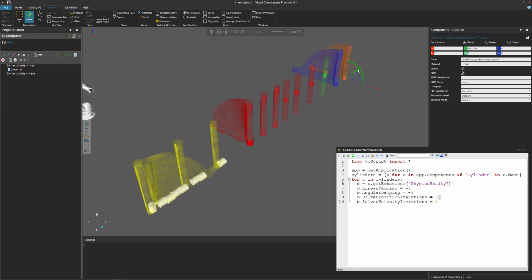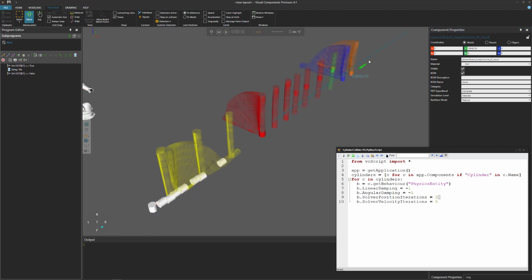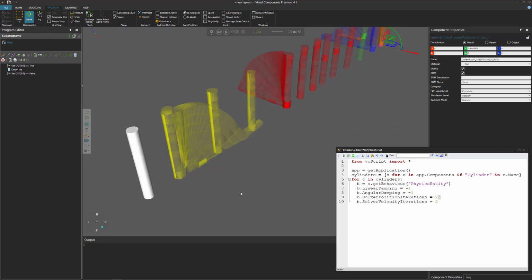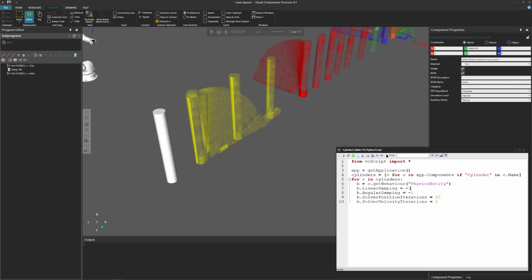So let's move our solution to the side. There we go. Reset. And now for linear damping, let's use 20. And for angular damping, let's use 5.